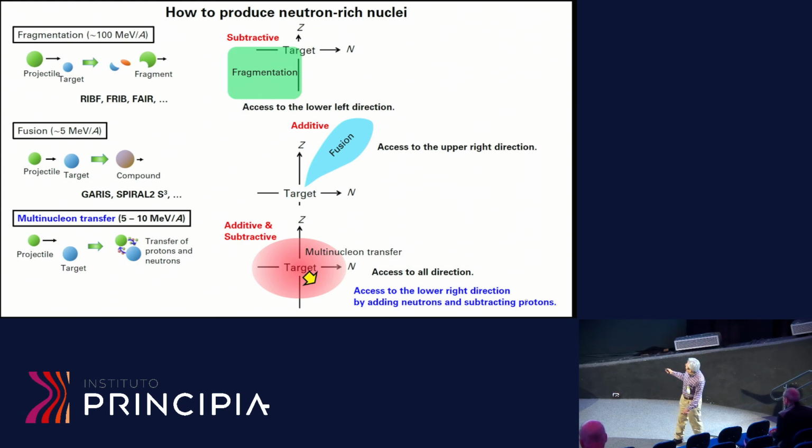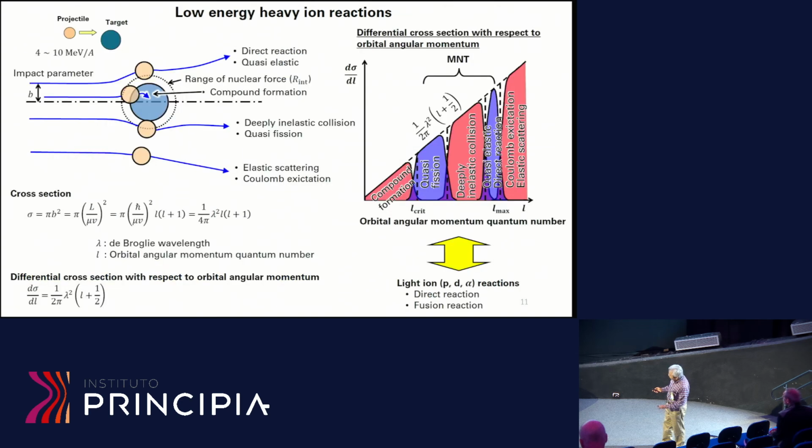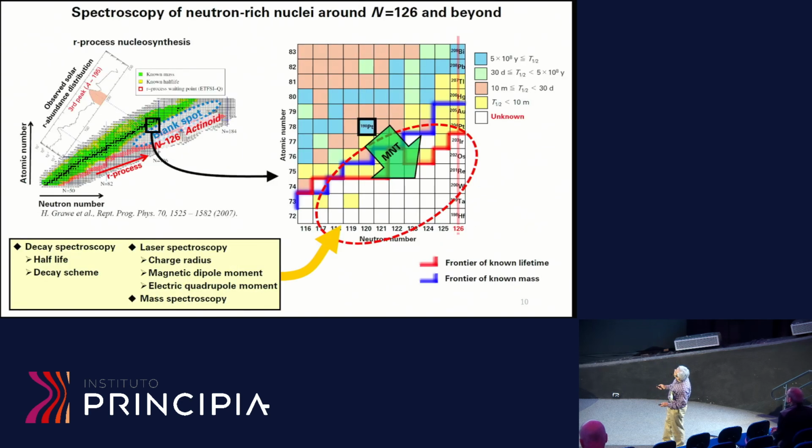So by adding neutrons and subtracting protons, we can access the lower right directions. So we are using the multi-neutron transfer reactions from the stable platinum-190 target to access these neutron-rich